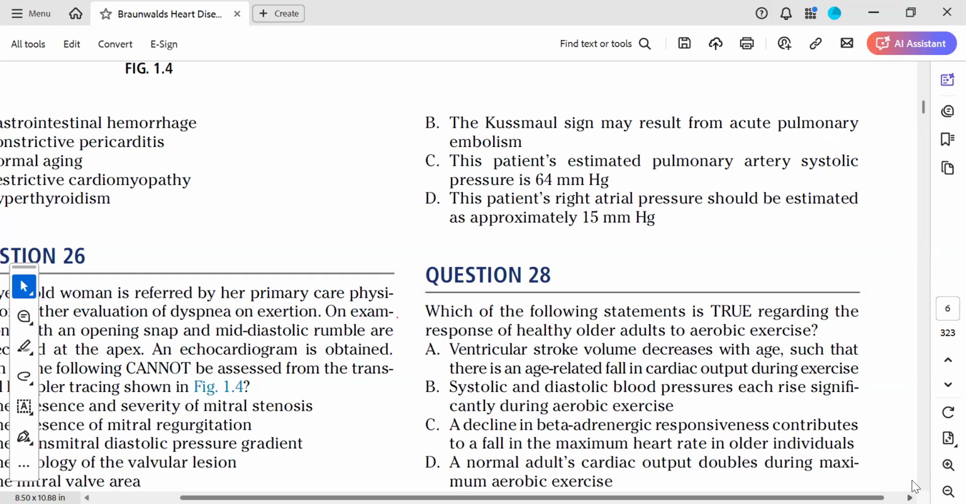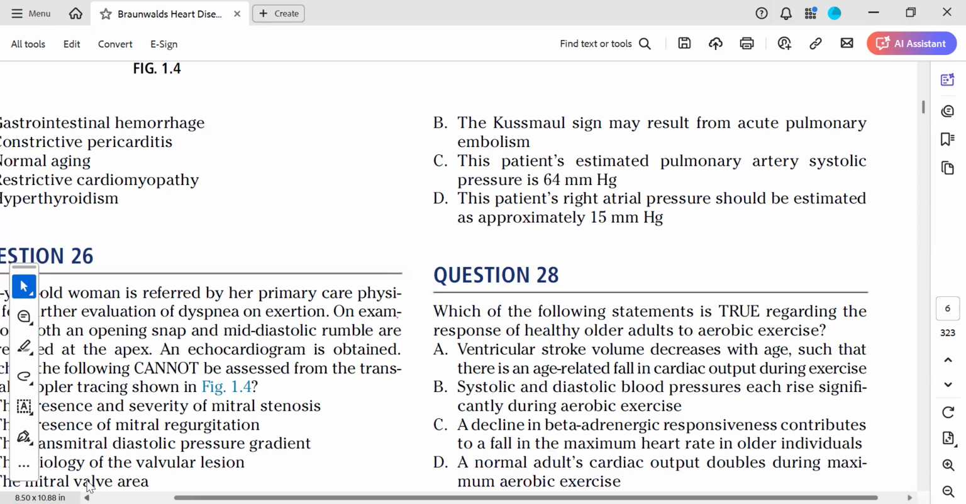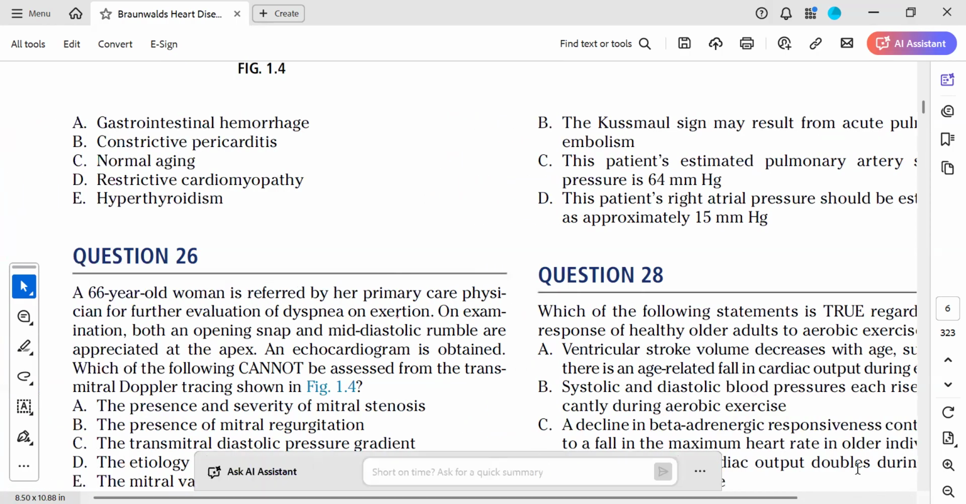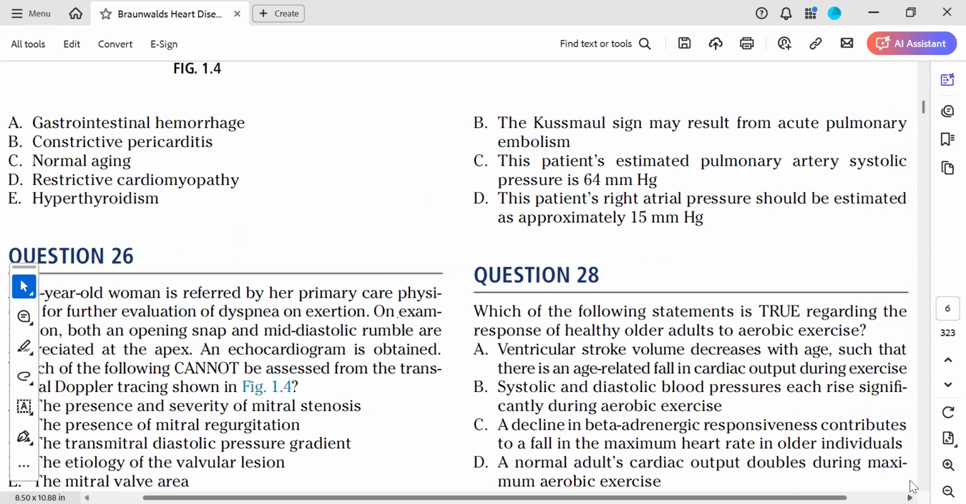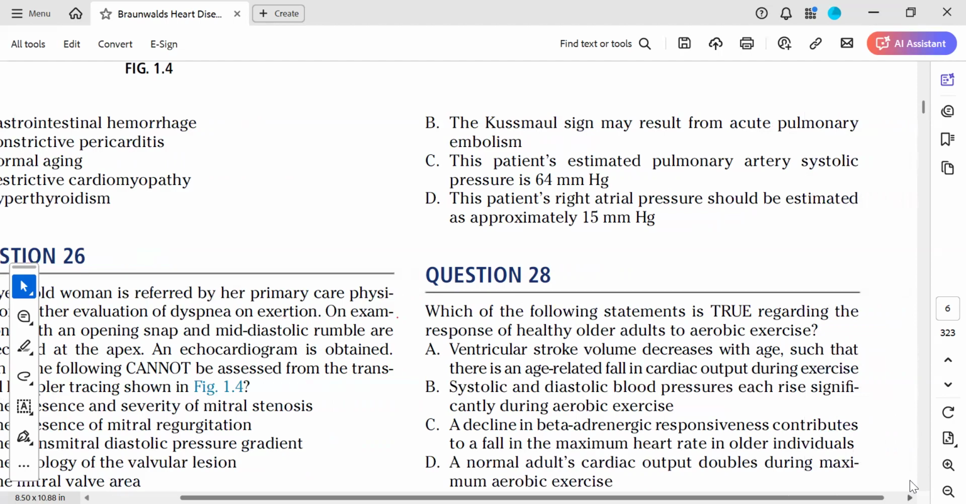This patient's estimated pulmonary arterial systolic pressure is 64. Now, going back to this question, if you look at the pressure gradient across the tricuspid valve here, using Bernoulli's equation, 4 multiplied by 3 squared, 3 squared will be 9, and this will be 36. Now, looking at the IVC diameter, which is 1.9, meaning that it's less than 2.1, and the collapsibility is less than 50%,